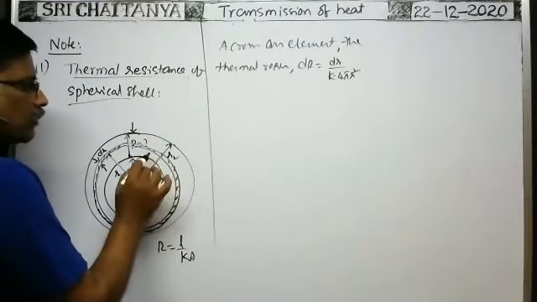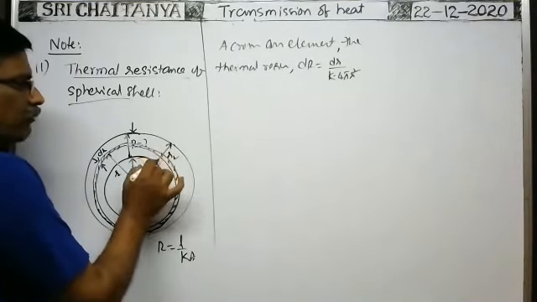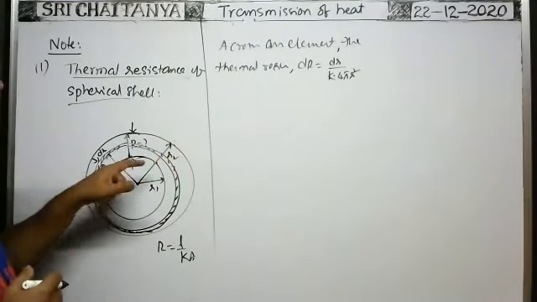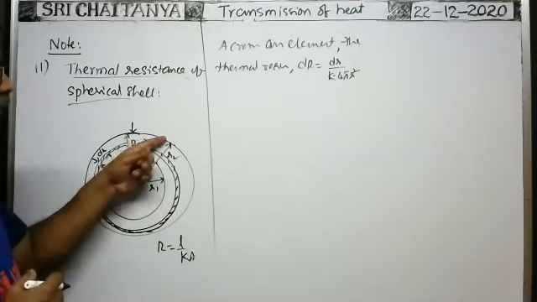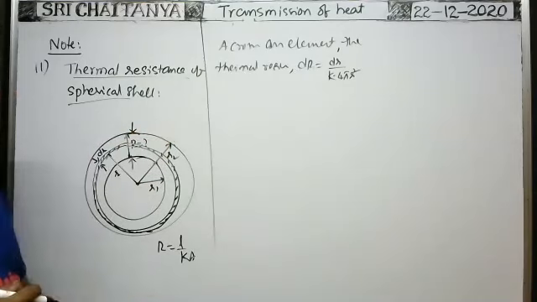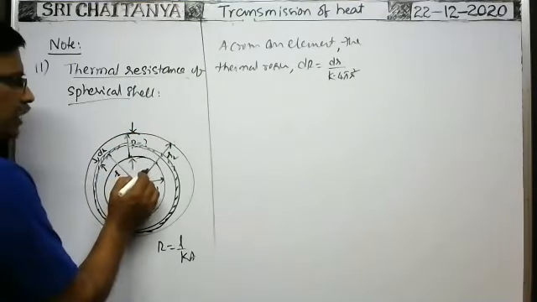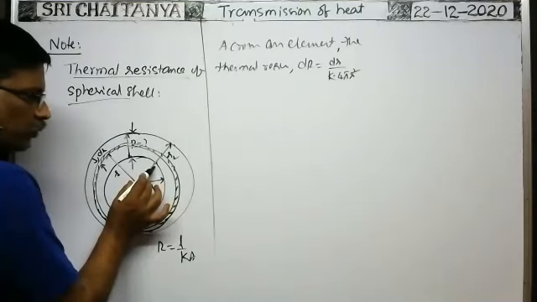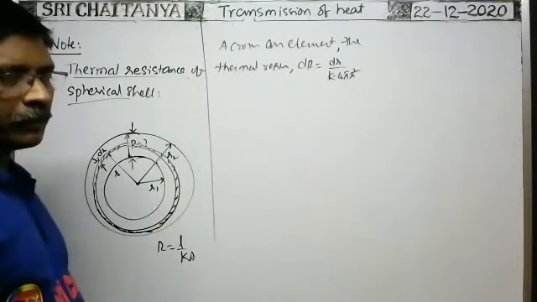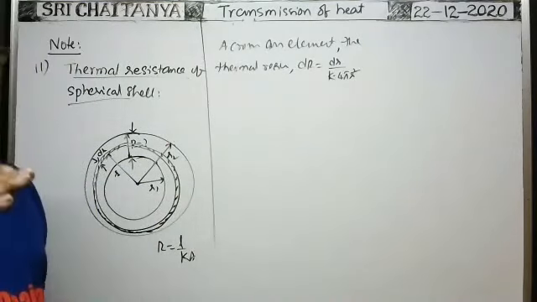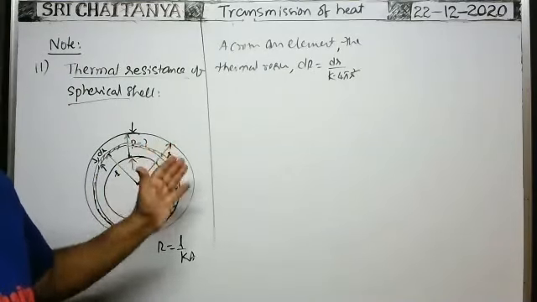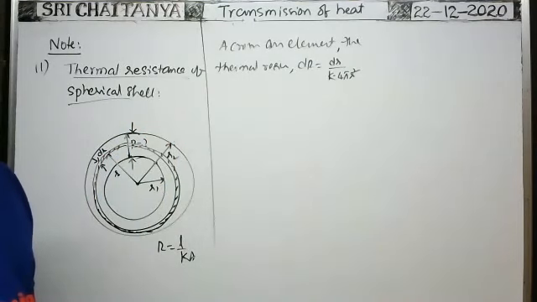So this type of element can be imagined from the inner surface to the outer surface. For each and every element, you find the thermal resistance and add them, if they are in series or parallel. It is a combination of a number of such elements from radius R1 to R2. Because of the temperature difference, whatever heat energy is transmitted through the surface, the same heat energy is transmitted through each and every element and finally emerges out. So how are they connected? Are all these elements in parallel or series? Tell me.